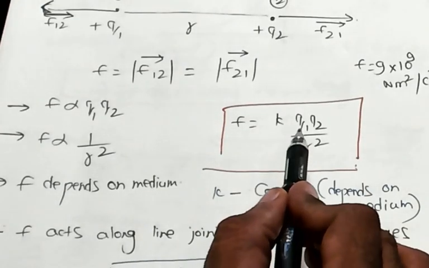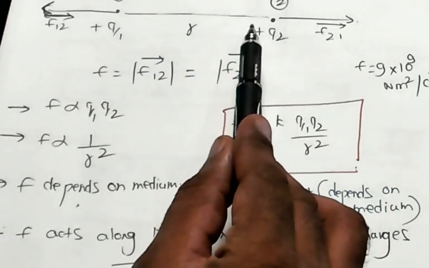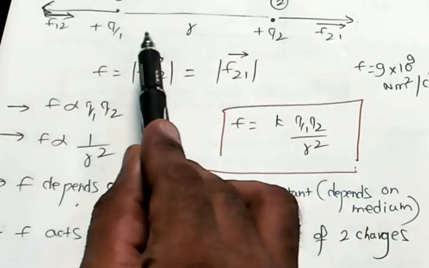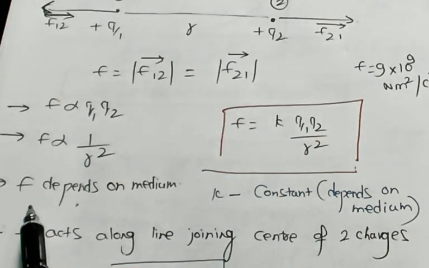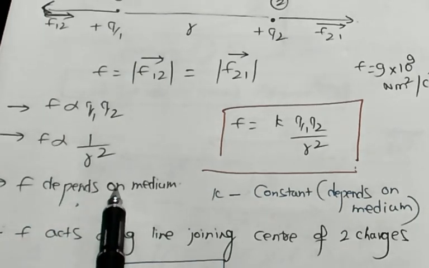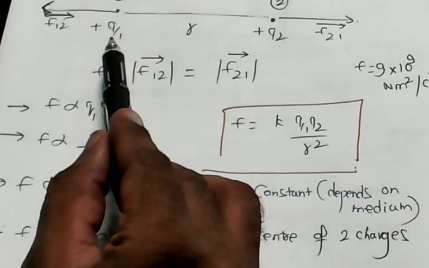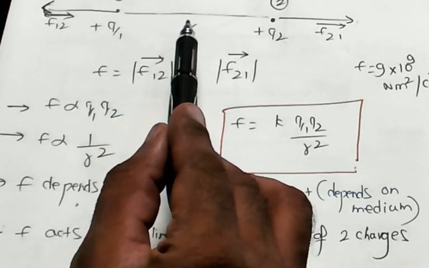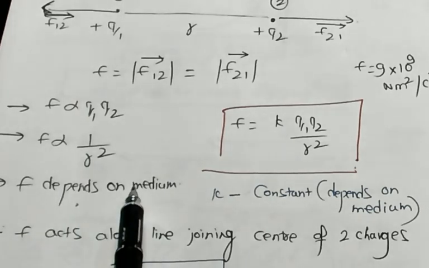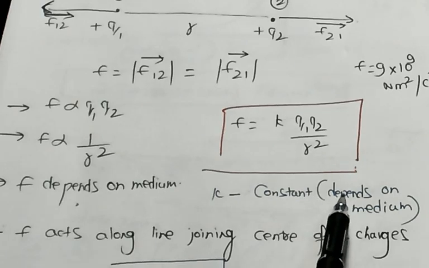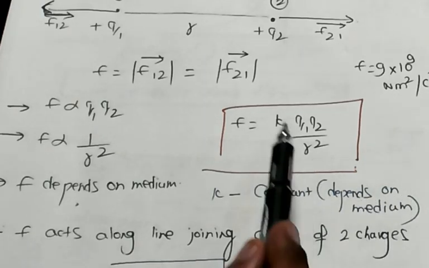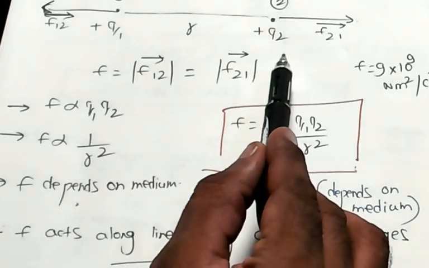Now, how are these Q1 and Q2 separated from each other by air or by vacuum or by fluid? What is the medium? Even that will decide the force of attraction and repulsion between them. So F also depends on medium that is separating Q1 and the Q2 is what you should remember. Now, this K is a constant, and you should remember it depends on the medium between Q1 and Q2